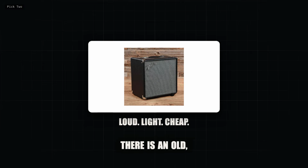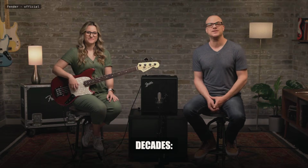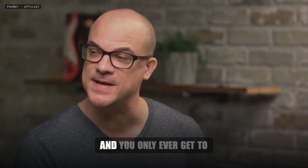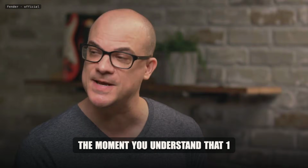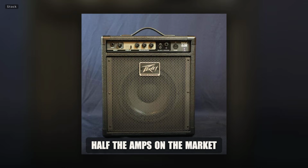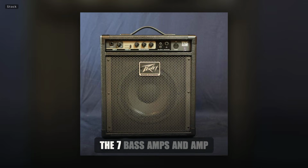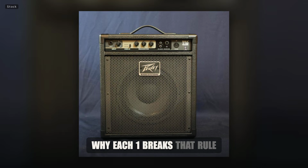There is an old, honest rule in the amplifier world, repeated on every gear forum for decades. An amplifier can be loud, light, or cheap, and you only ever get to pick two. The moment you understand that one sentence, half the amps on the market reveal themselves as compromises dressed up as bargains. Today, the 7 bass amps and amp categories you should never buy, why each one breaks that rule and